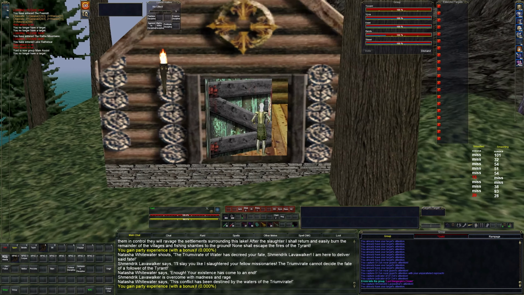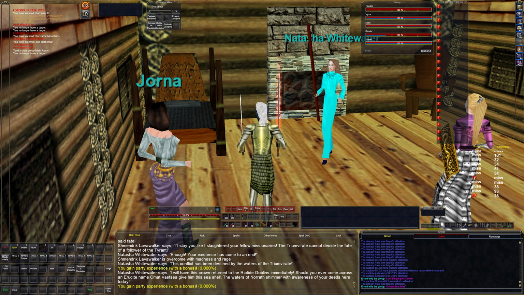Alright. Now that we've given her the crown, she gave us the ornate seashell. And she says, I will have this crown returned to the Riptide Goblins immediately. Should you ever come across an erudite named Omat Asasi, give him this